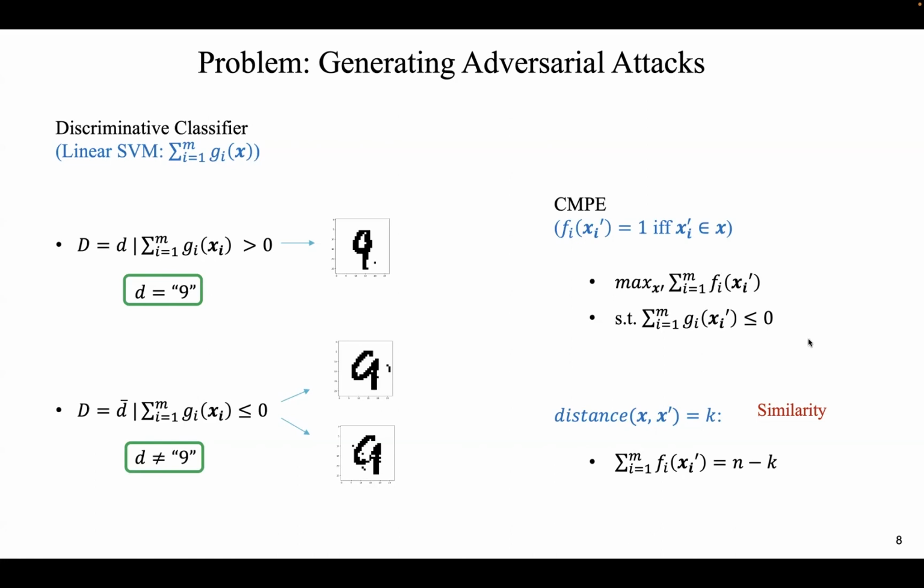And it turns out that this is nothing but a CMPE problem. Again, the CMPE problem is nothing but you're maximizing according to one graphical model, such that the constraint is satisfied according to a second graphical model, okay? So both these problems that I just mentioned can be easily formulated as computing CMPE on a graphical model.